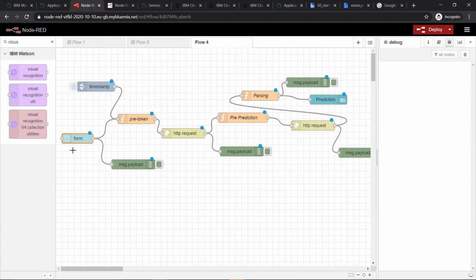Now what I have to do, these inputs which I'm fetching from the user, I have to give it to what? To my machine learning model. Yes or no? So for that, what I have to first do is I have to make these variables global. Why do I have to make these variables global? I have to make these variables global because I will not use these variables at this position only. Okay. So I will be using them later in the flow.